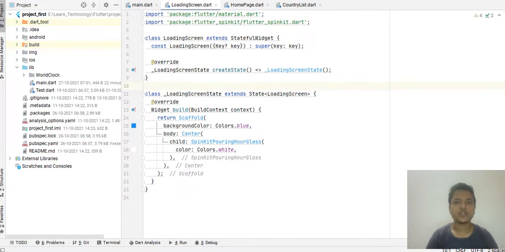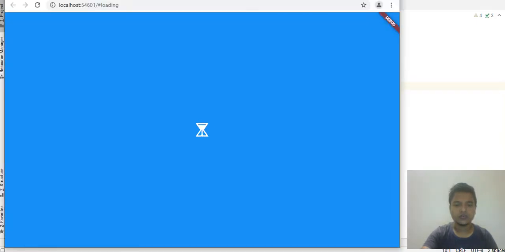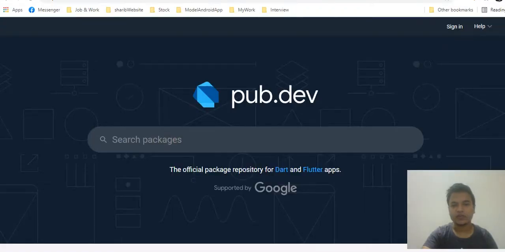First we have to add the dependency that will let you hit the application on the server and get the details back. So go to the official website of pub.dev. You can type pub.dev in your Google search bar.